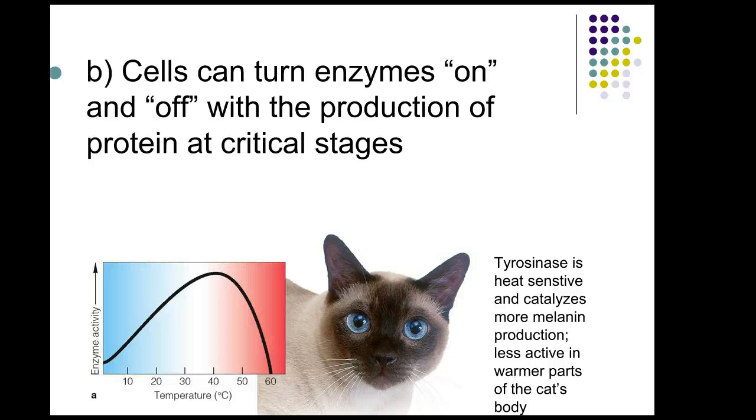Example of cells turning enzymes on and off would be enzymes in your Siamese cats. Yes, you might see, if any of you have a Siamese cat or have ever seen one, they have a darker face, darker ears, darker paws. And it creates more melanin in colder parts of the body. So when we create more melanin here in the face and the ears,